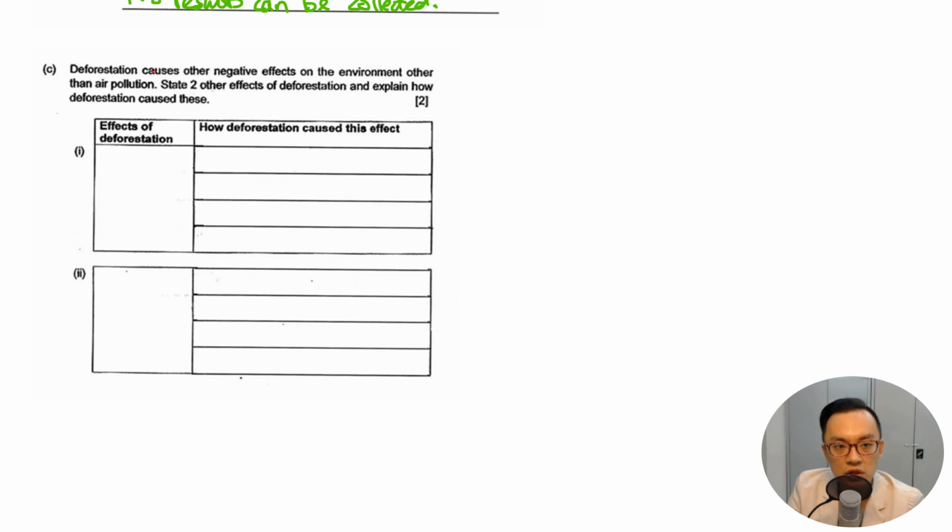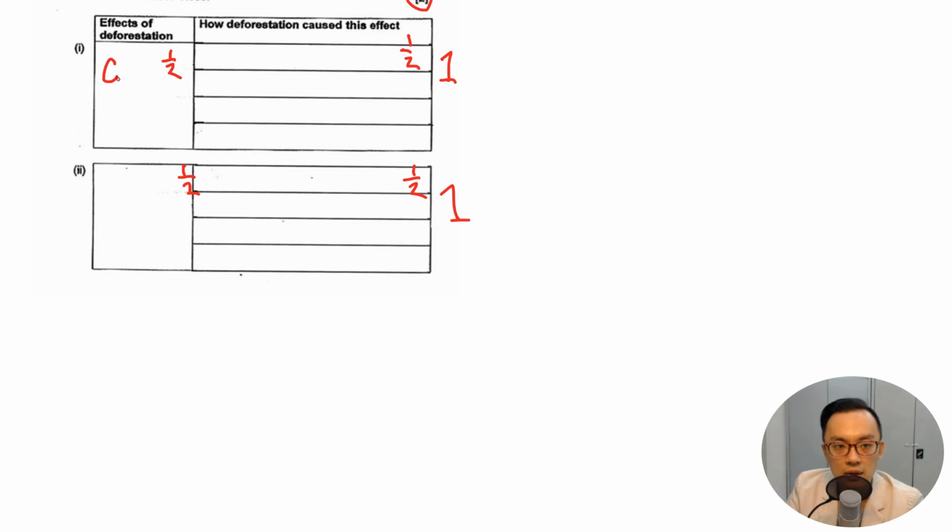So deforestation causes other negative effects on the environment other than air pollution. State 2 other effects of deforestation and explain how deforestation causes these effects. So that's a 2-mark question. So this is 1 mark. This is 1 mark. So this is half mark. This is half, half, and half. Alright, so make sure you get all the 4 parts. I'll show you how. So the first one is